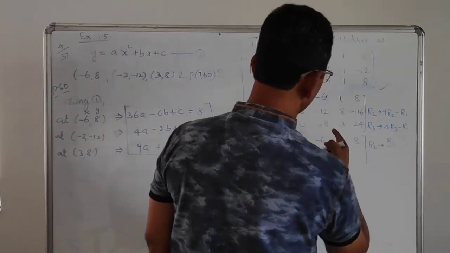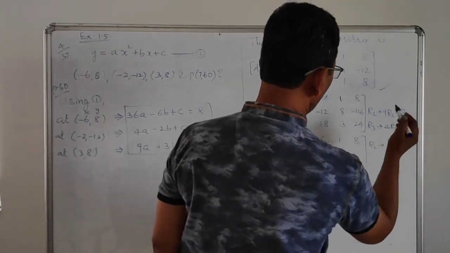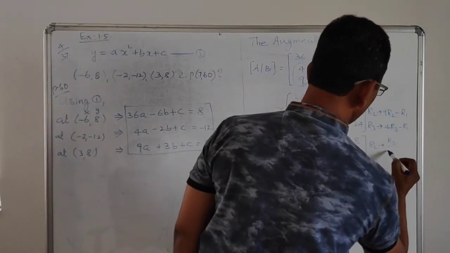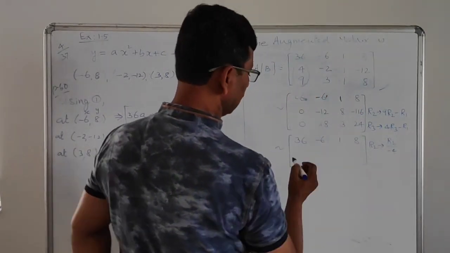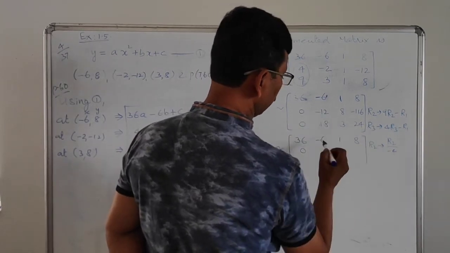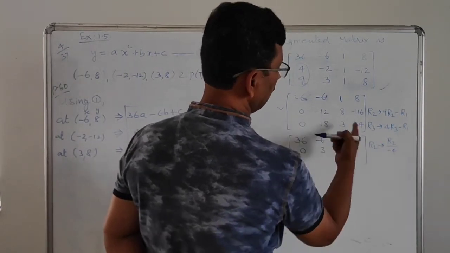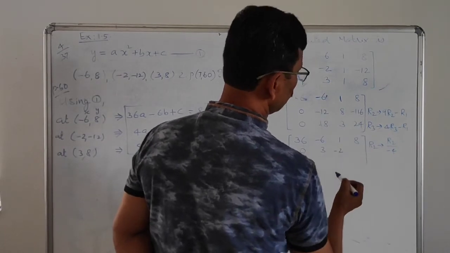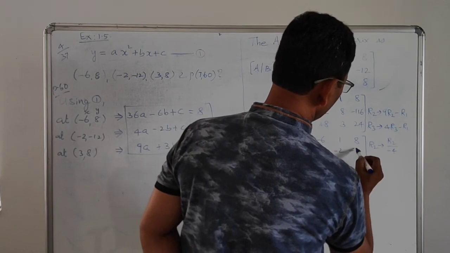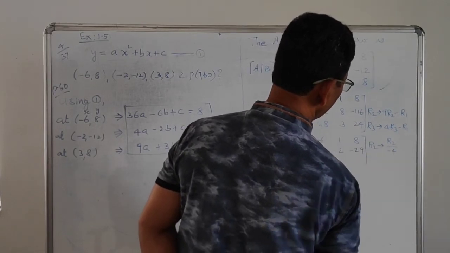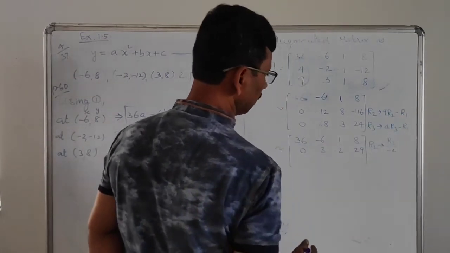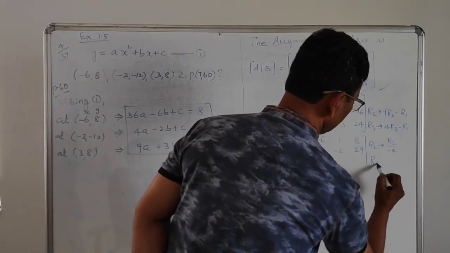R2 can be divided by minus 2 or minus 4 or plus 4. 4 divided by minus 4, you can put minus 4. Then you can get 0. Minus by minus plus, 12 divided by 4 gives 3. Then 8 by minus 4 gives minus 2. Then minus 116 by 4 means minus 29, you can say. Minus 29, plus 29 you can say. Minus by minus gives plus. Therefore you can write next R3 gives